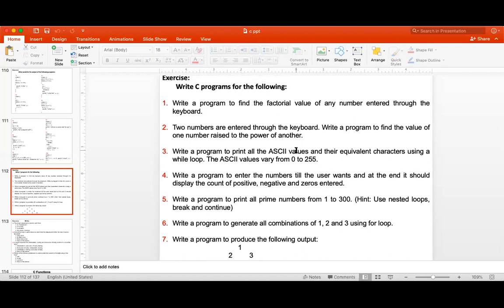If you initialize with 0, what happens? 0 multiplied by 1 the first time is 0. Next time 0 multiplied by 2 is 0. So you will get the answer as 0. Yeah, I got 0, sir. Then I initialized to 1, then I got the output. Yes. And if you do not initialize, then the default initial value is garbage and you will get the answer as garbage. So that's why initializing to 1 is a must.